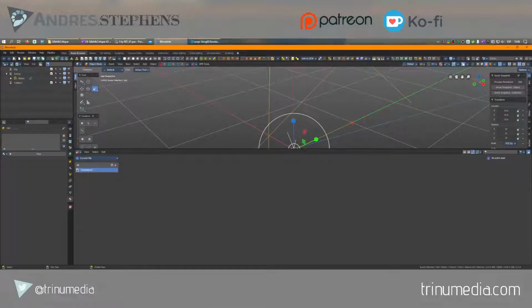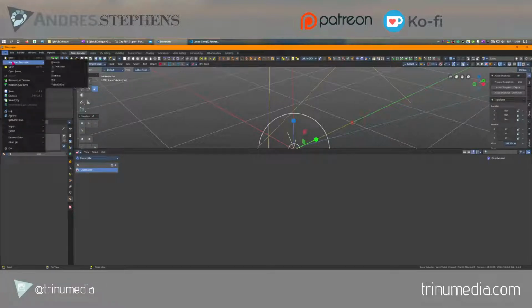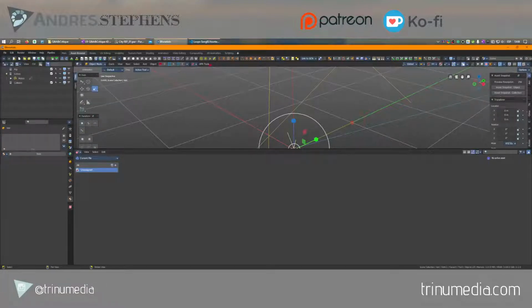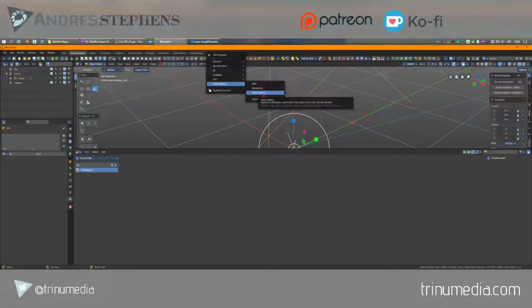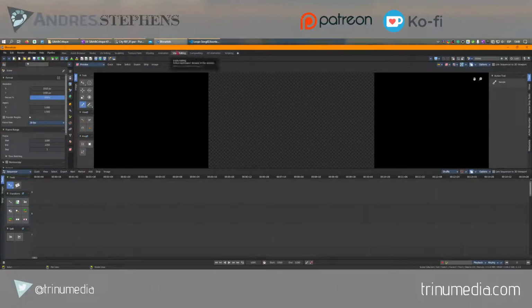So to get the visual sequencer editor, we can use a new template called video editing, or we can go up here in file, new from template, video editing, or we can just add the video editing template from the video editing workspace. So we're going to do that. I already have it added up here in the workspace, and I've changed it to left-handed, but basically this is